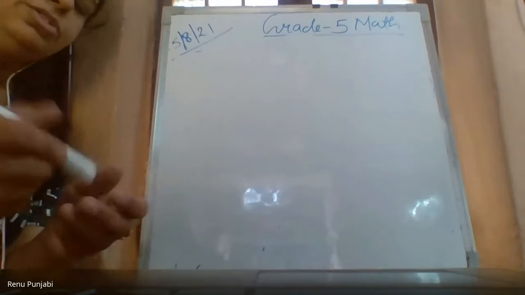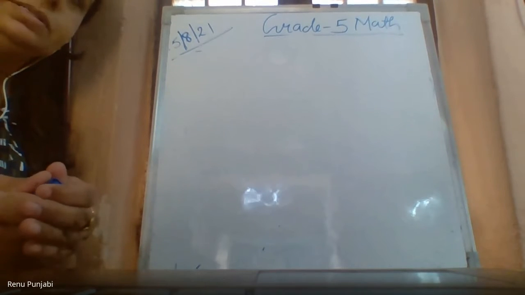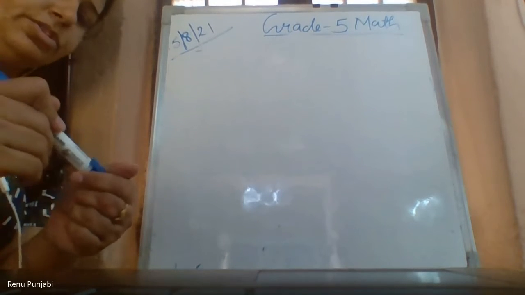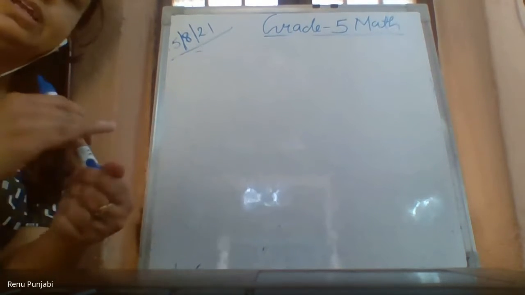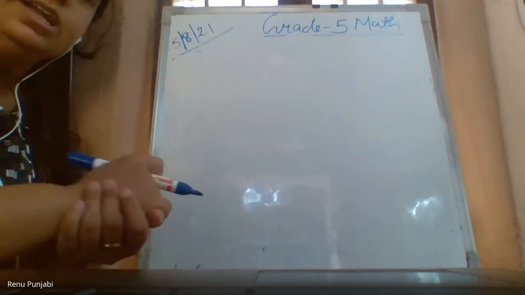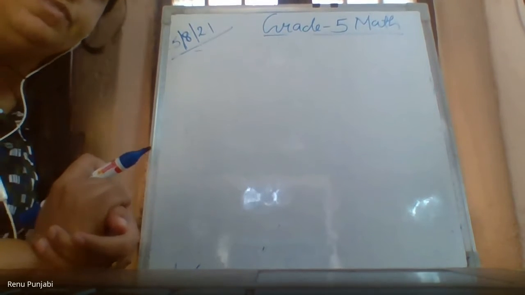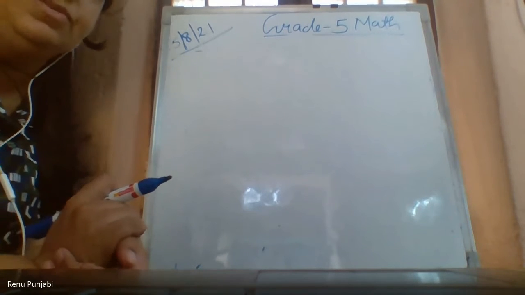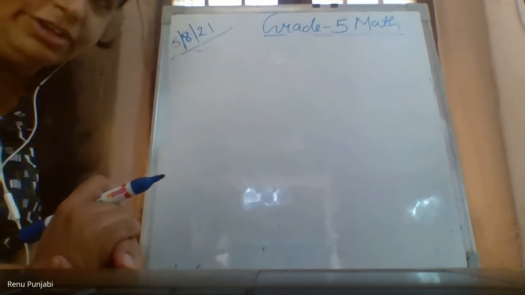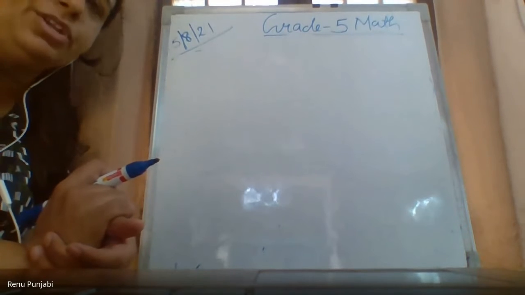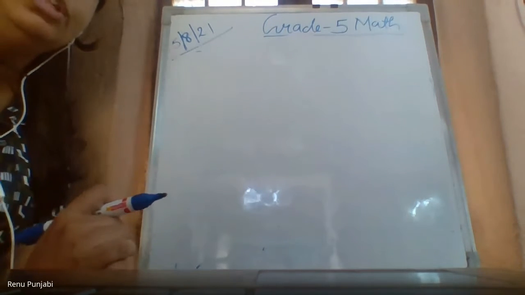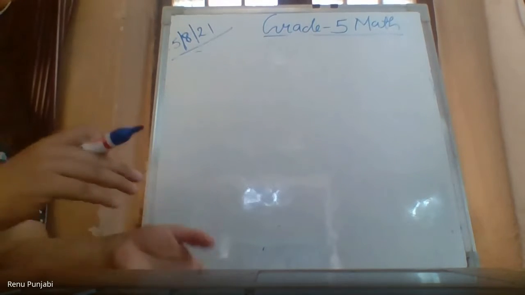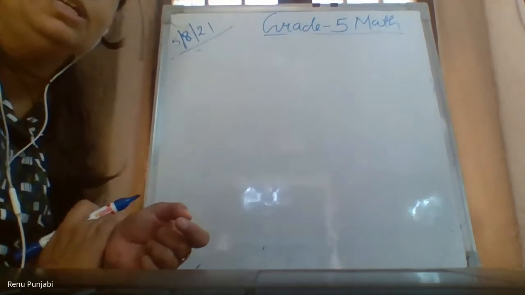Okay. So now, children, open your notebooks, maths notebooks, and write in them. Today we are going to do the divisibility tests. We have already started with a few divisibility tests: whether a number is divisible by 2 or not, how to check; whether a number is divisible by 3 or not, how to check. There are some rules to check whether a number is divisible or not. These are called the divisibility tests.